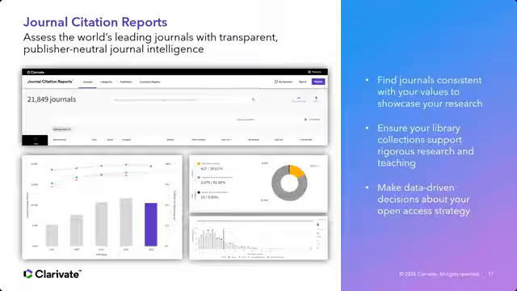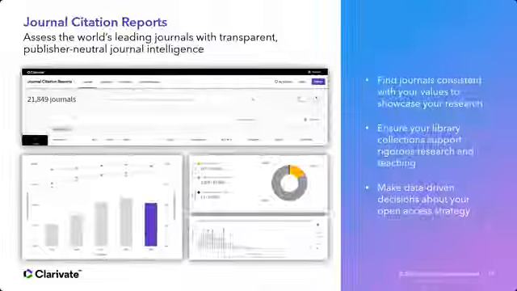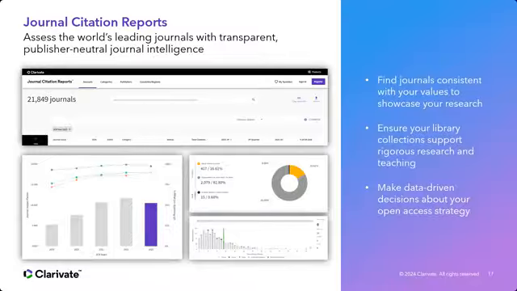So the master journal list covers new journals indexed in Web of Science, and you use it to verify journals that are indexed. The journal citation reports is used to identify journals that have a journal impact factor this year and a quartile, and other journal metrics that will help you decide whether the journal is the best home for your manuscript.